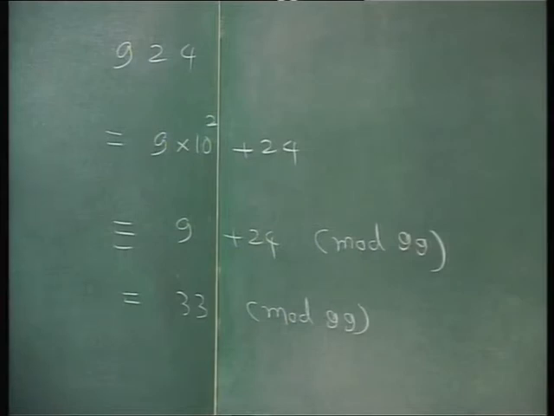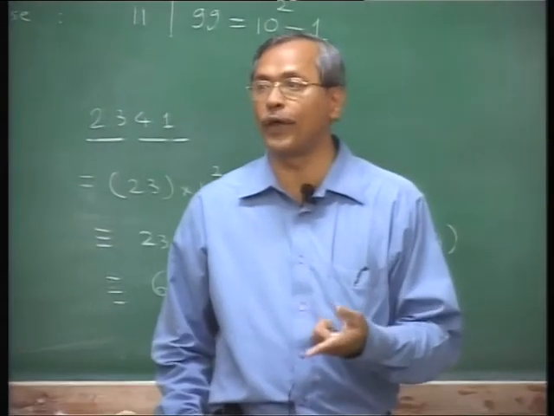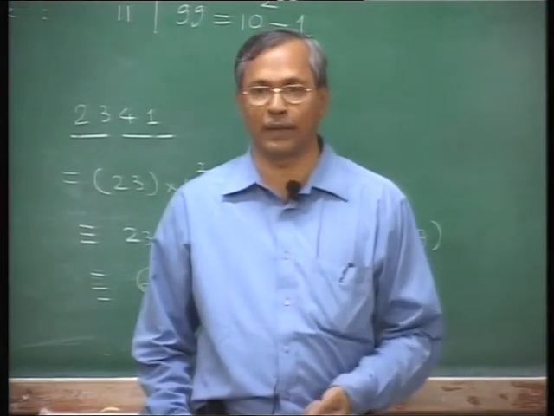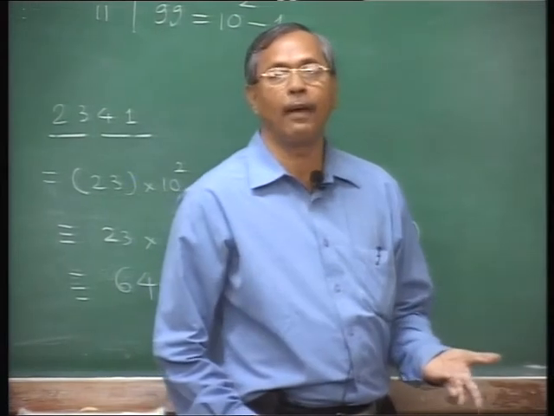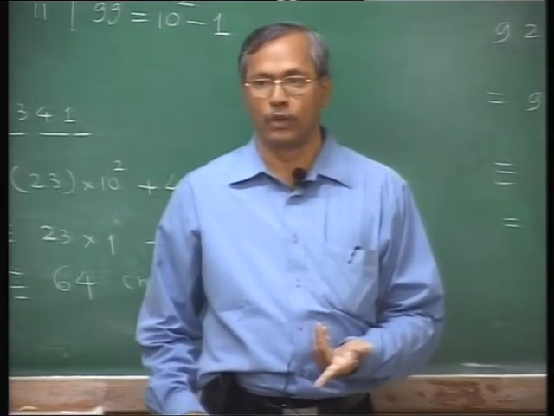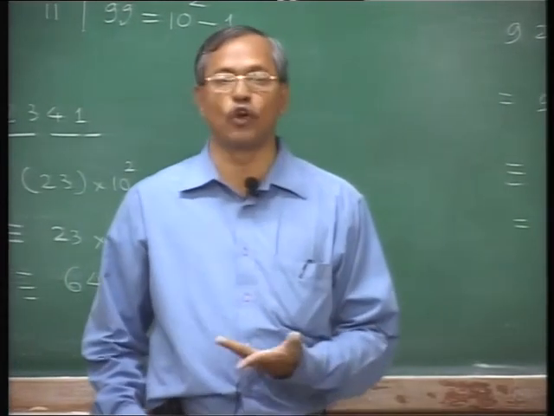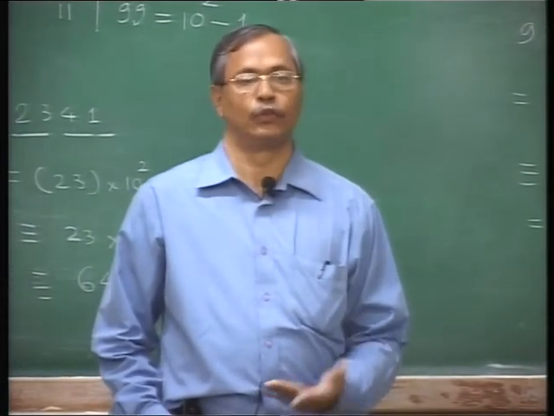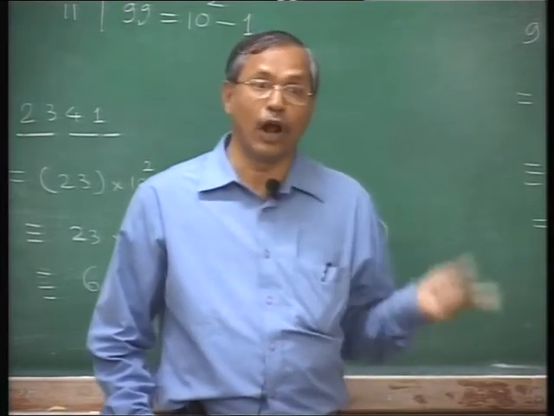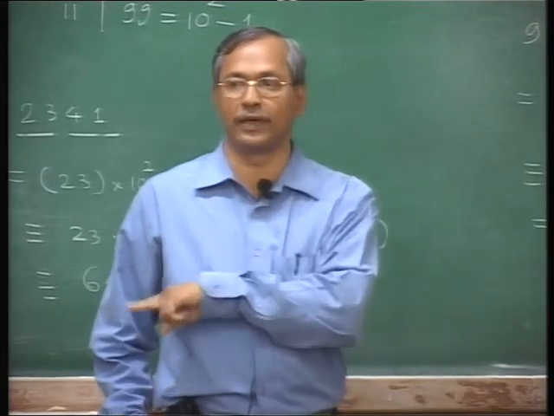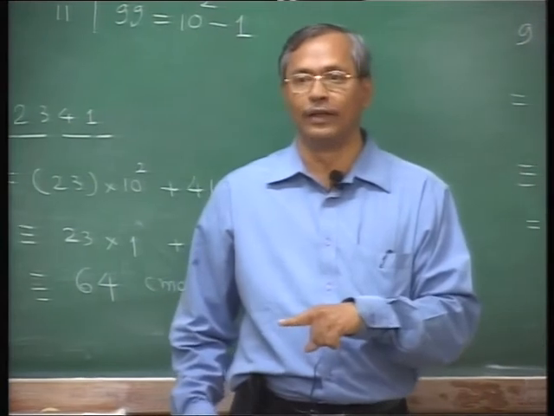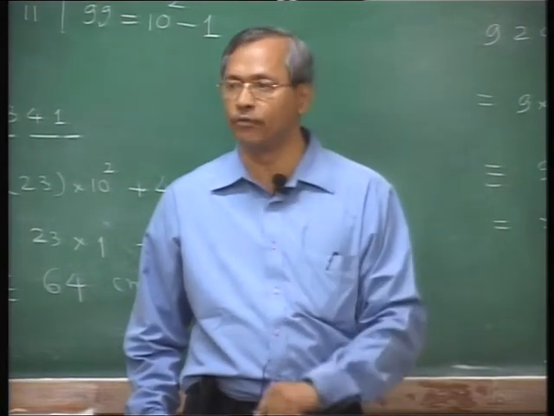Similarly, you can take 100 plus 1, 10 square plus 1. Take divisors of 101. Now 101 is a prime number. You can have an 11 type test for the number 101. So, test of divisibility by 101. What is that? You write the number, have blocks of 2-digit numbers. Take the alternate sum, plus minus and so on. If the resulting number is divisible by 101, then the original number is divisible by 101.